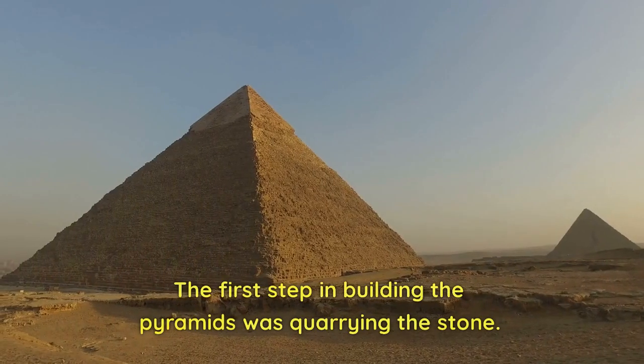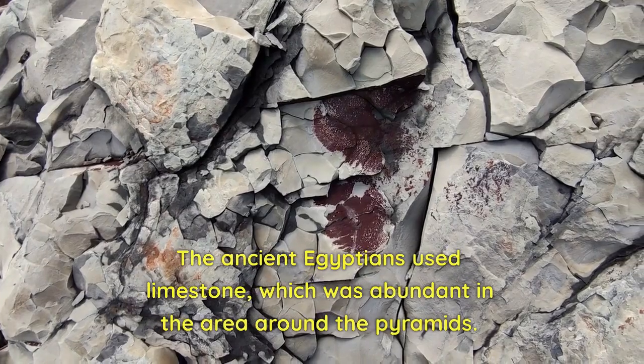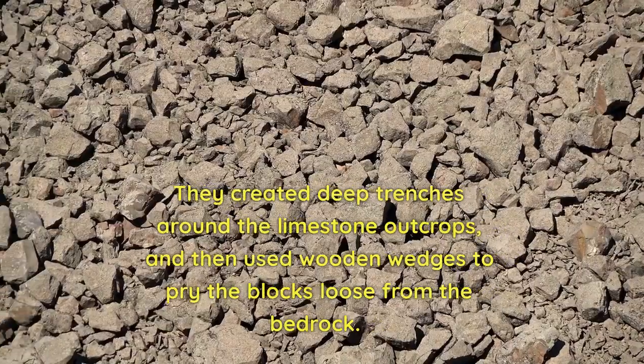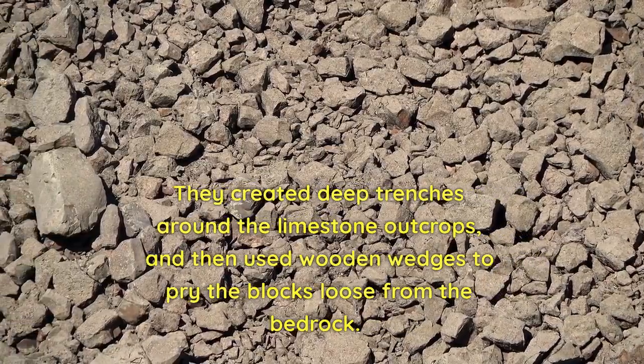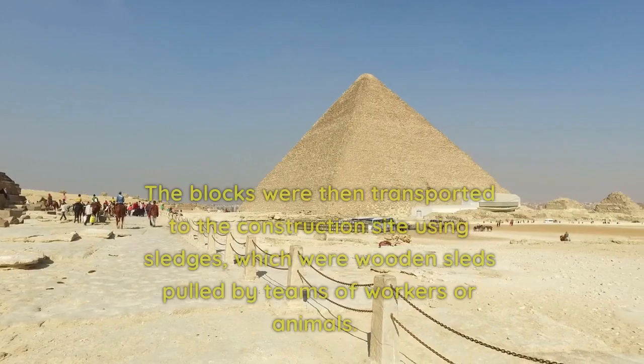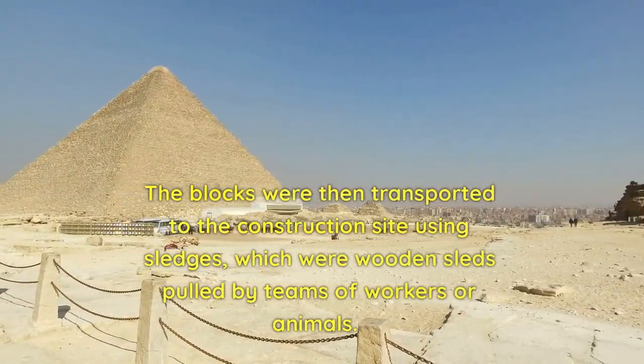The first step in building the pyramids was quarrying the stone. The ancient Egyptians used limestone, which was abundant in the area around the pyramids. They created deep trenches around the limestone outcrops, and then used wooden wedges to pry the blocks loose from the bedrock. The blocks were then transported to the construction site using sledges, which were wooden sleds pulled by teams of